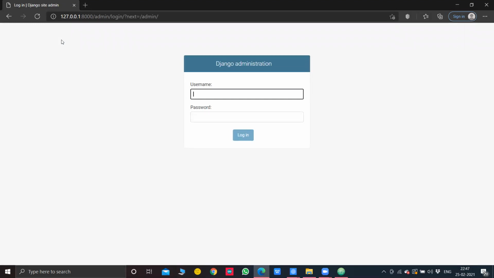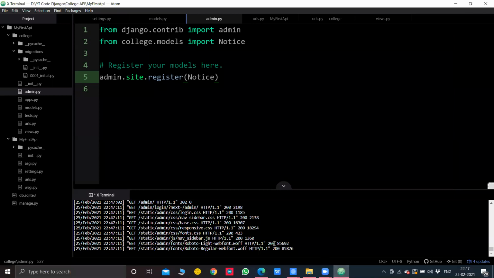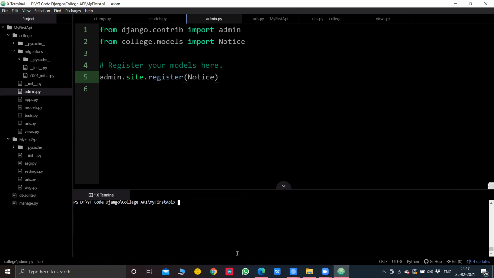Now, the thing that comes in your head is that we never set a username or a password, right? But we still need to access the admin interface of Django because we will have to create users and everything. For that, we will have to do the following. In order to get the control of this Django admin, you need to stop your server, and here in the terminal, I'll clear it for now.